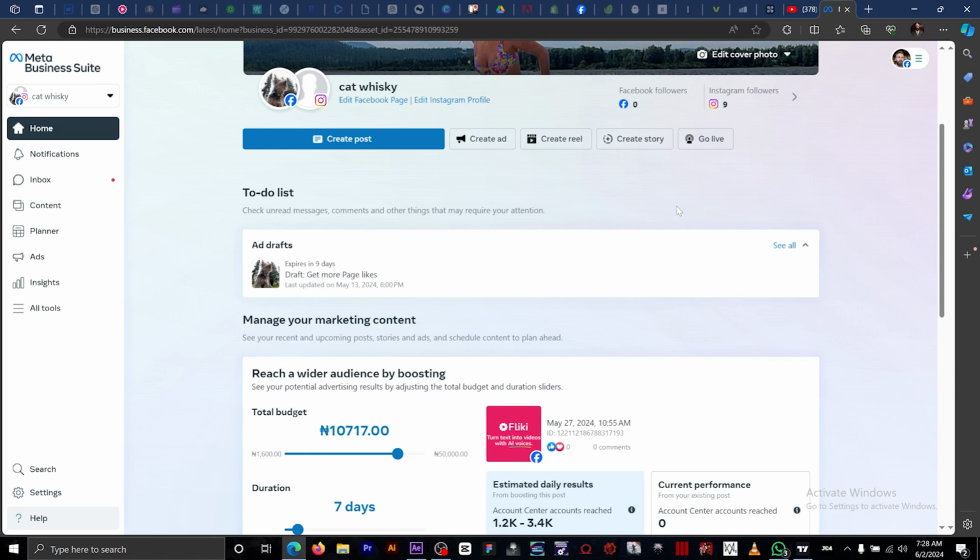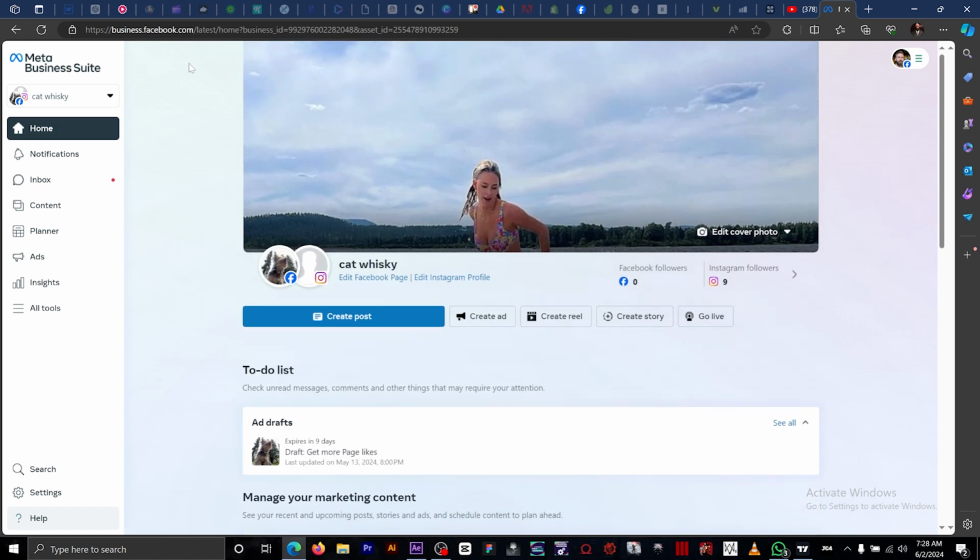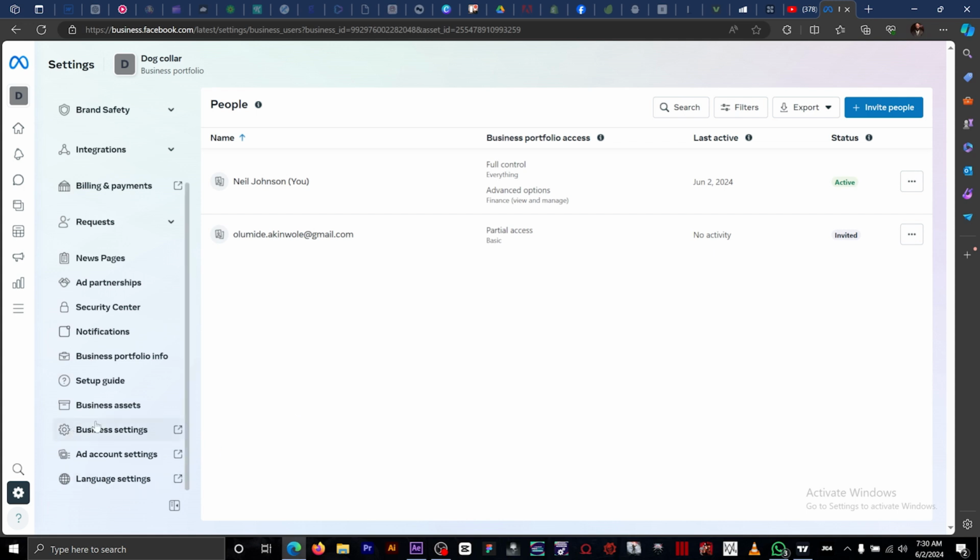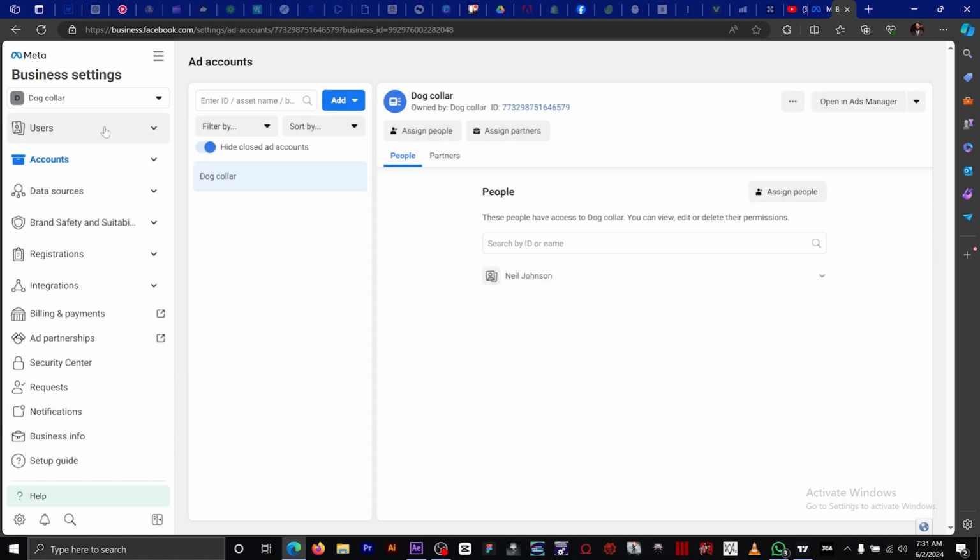So the first thing we need to do is go right to business.facebook.com. Once you're on this page, you want to go right to settings. Right down at the bottom here, click on settings. Then we want to scroll down here to business settings. Just click on it. Once you open business settings, you want to scroll down to accounts right here,